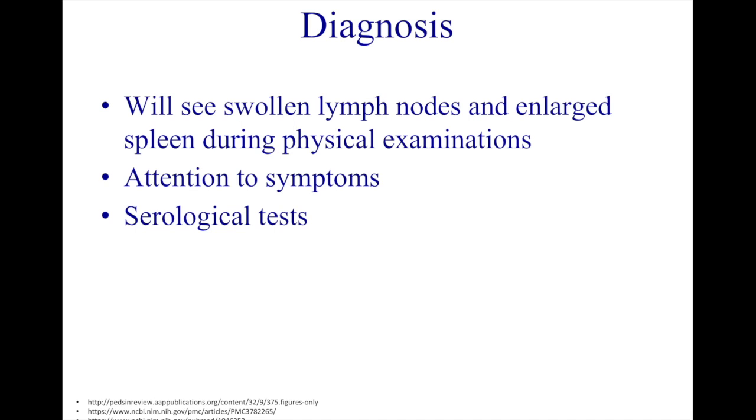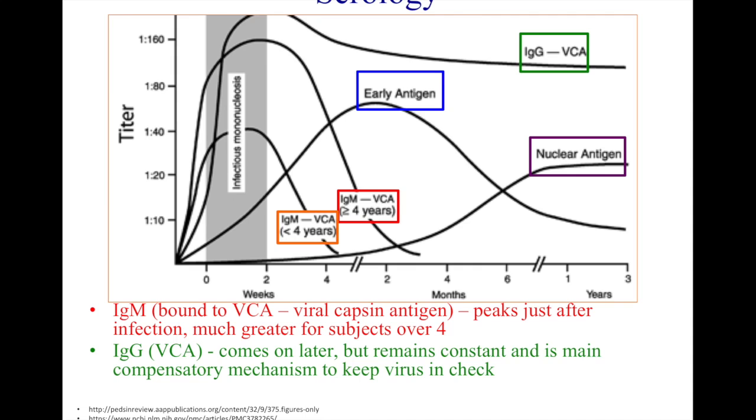So in order to diagnose it, we often see swollen lymph nodes and enlarged spleen during a physical exam. But a lot of times they just pay attention to the symptoms that a patient is experiencing. And if they're having difficulty with this, then they can do a serological test. So when they test with titers. And if you're less than 4 years old,